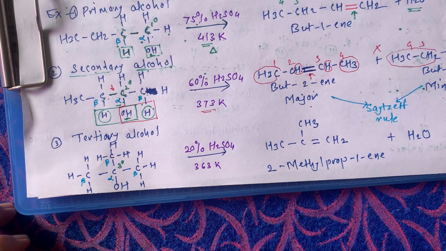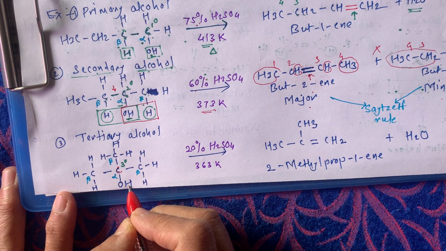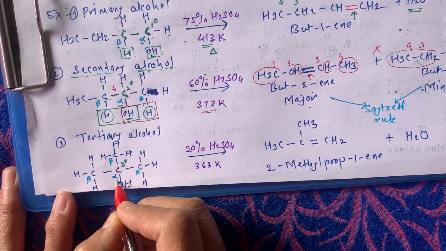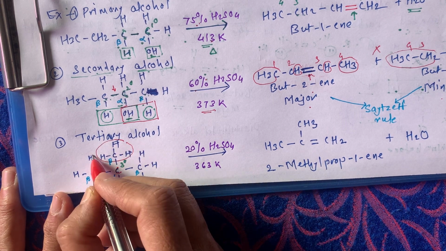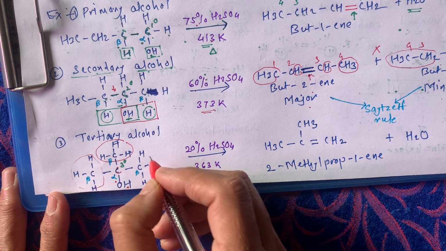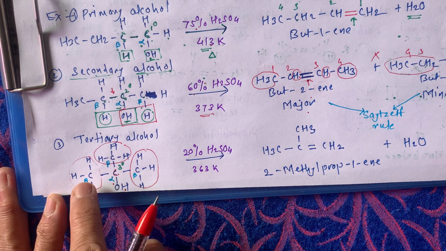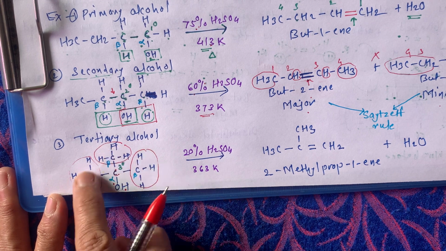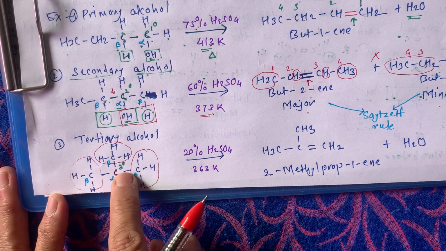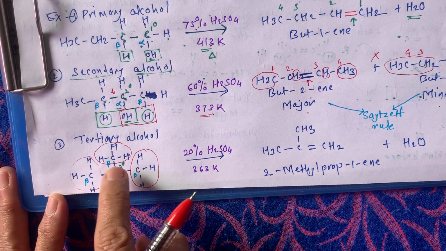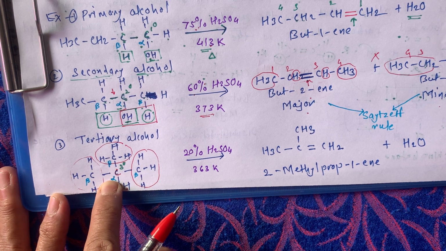Then here, a tertiary alcohol example. See, this is our carbon to which this OH group is attached. So this is the alpha carbon. Now here it is one alkyl group, that is a methyl group. This is another methyl group, and this is the third methyl group over here. So 1, 2, 3 carbons are attached to this carbon, meaning three other carbons are attached to this C. So this is a tertiary carbon. OH is attached, so this is the alpha carbon.